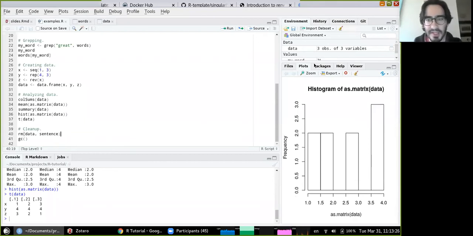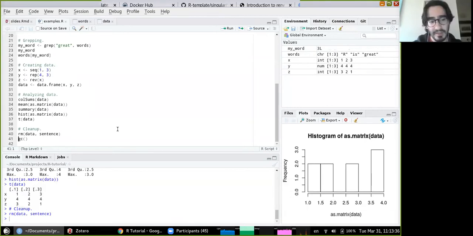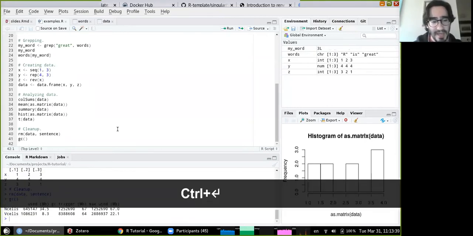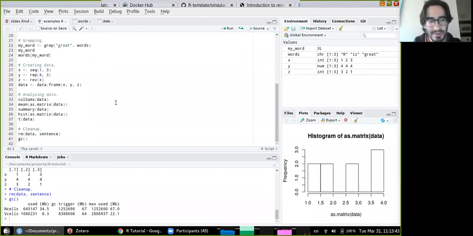And finally, if you're working with large amounts of data, it's good to clean up your variables and your structures, because then you might run out of memory depending on the machine you have. Just clean that up, and gc is also handy for actually clearing space in your machine. So those are just some basic things, not really directly related to biology, but working your way around the